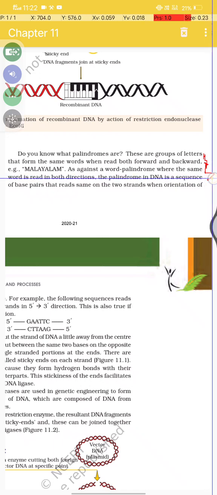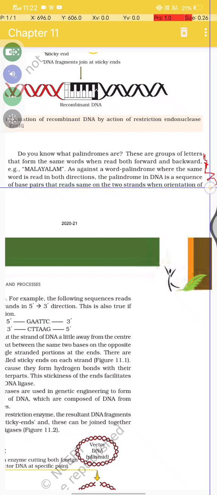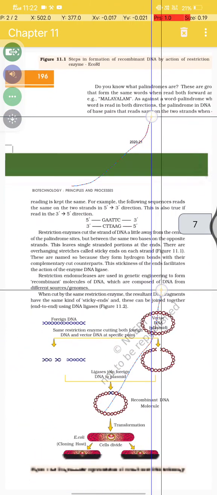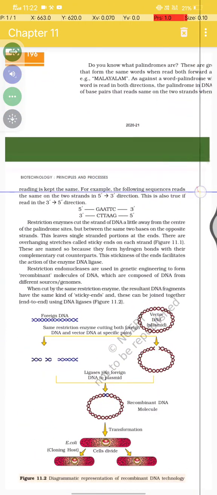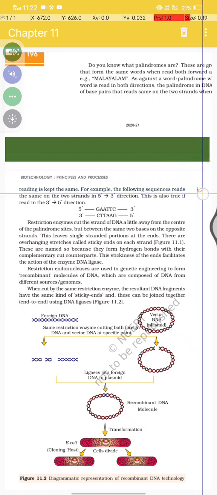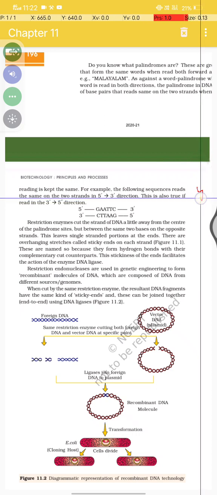The palindrome in DNA is a sequence of base pairs that reads the same on the two strands when the orientation of reading is kept the same. For example, the following sequence reads the same on the two strands in the 5' to 3' direction. This is also true if read in the 3' to 5' direction. This is just the opposite word. Restriction enzymes cut the strands of DNA a little away from the center of the palindrome sites,